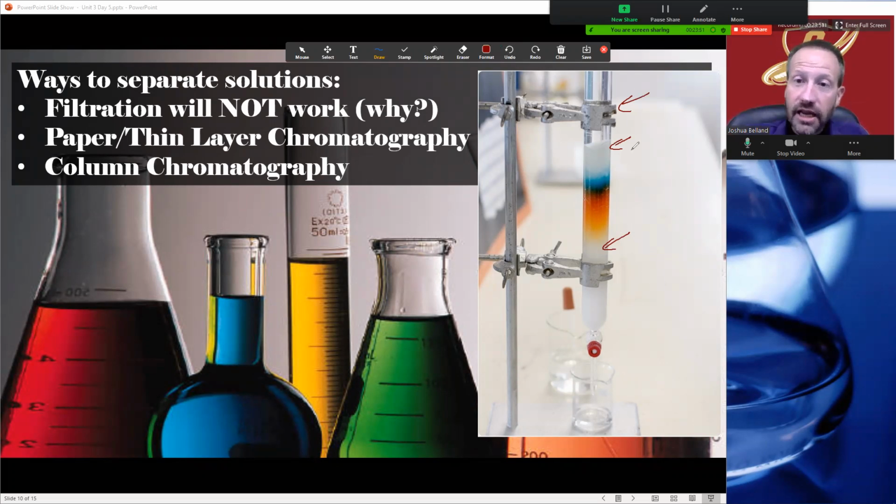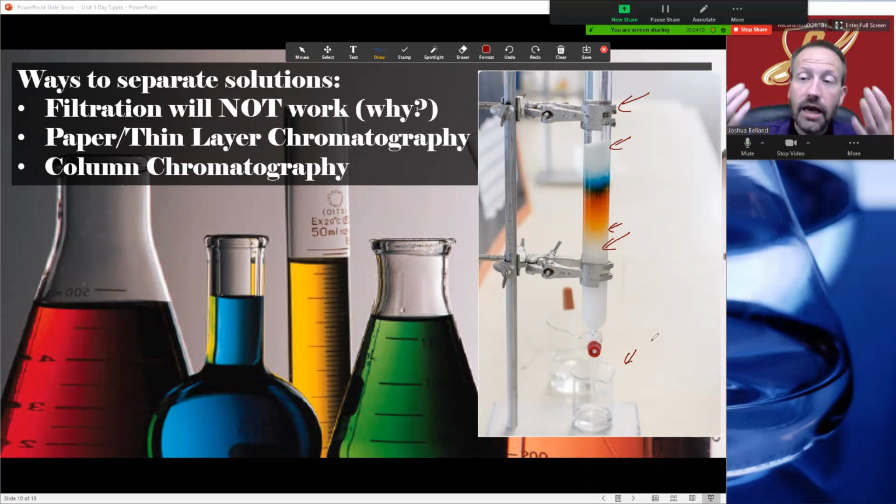And then as they literally slowly, by gravity, pull through and drip out this other side, you can see they're starting to separate. Eventually the yellow here is going to win, it's going to go through first, and I would have yellow in the beaker. And then as soon as I see all the yellows caught, I move out that beaker and put in a